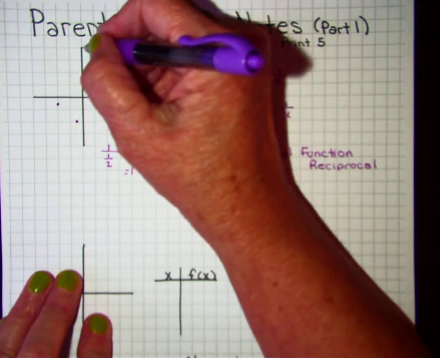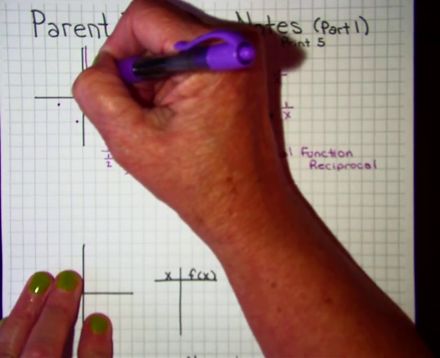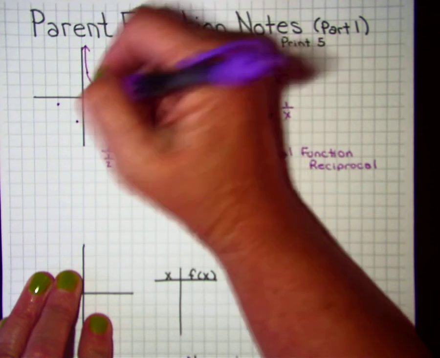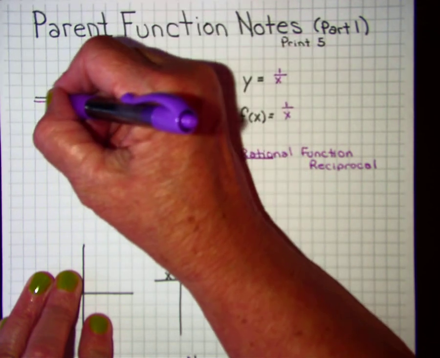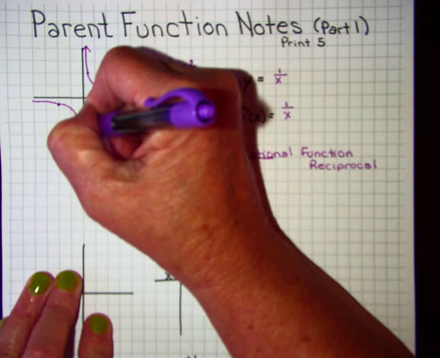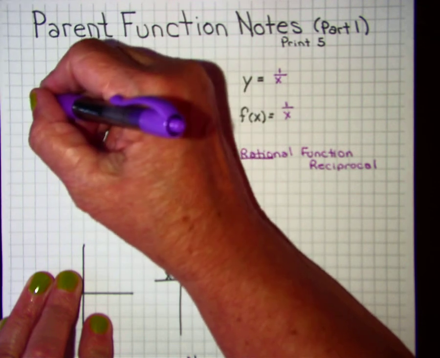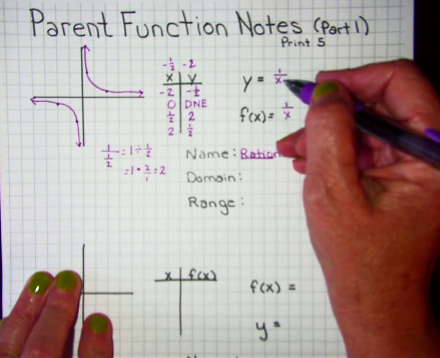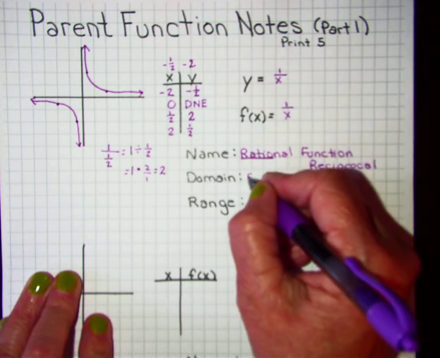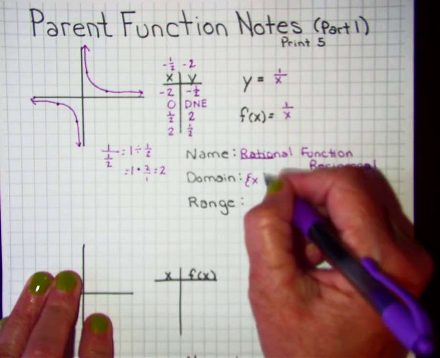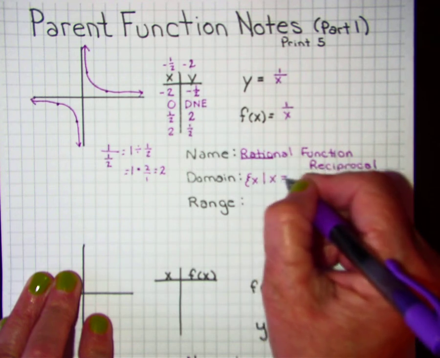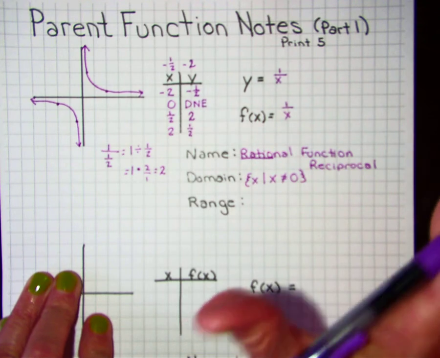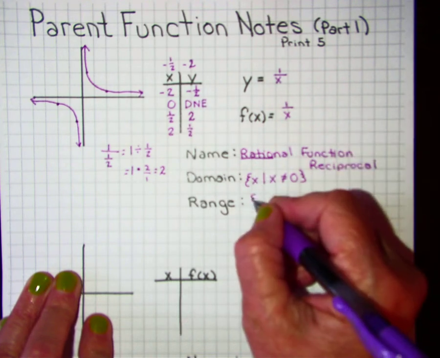So this function is going to look like this. It can never cross the y or the x-axis because it can't equal 0. The x can't be 0. And if the x can't be 0, the y can never get to 0. Okay, so our domain here is x such that x does not equal 0. It can equal anything else. Now, our range will be the same, but we could have written them both